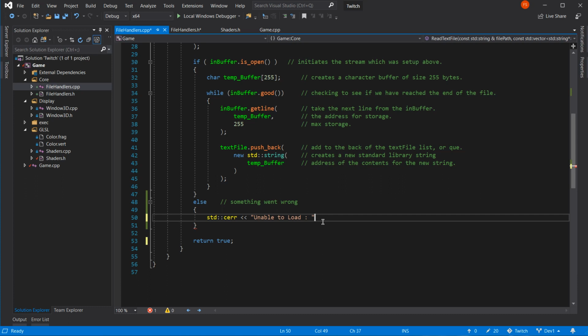File path. Yeah. And then we can just end the line. I prefer doing this on separate lines though. Doesn't follow convention.